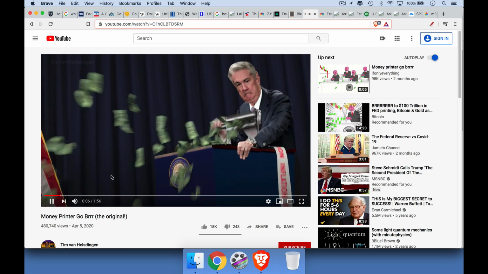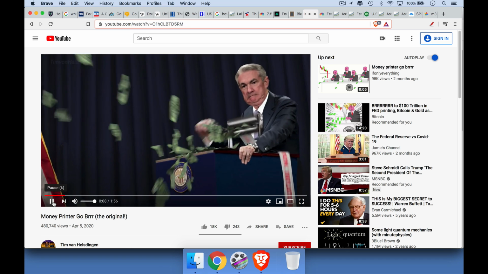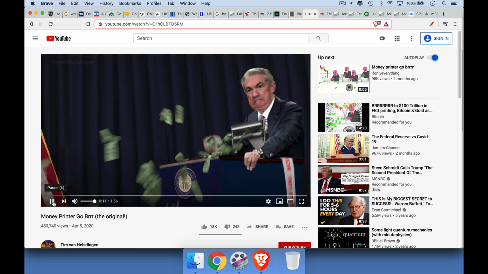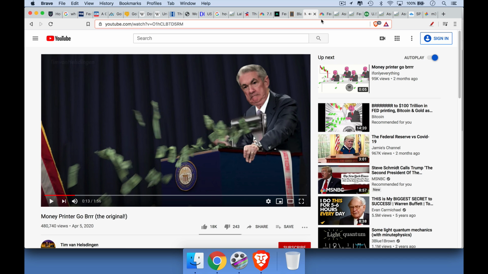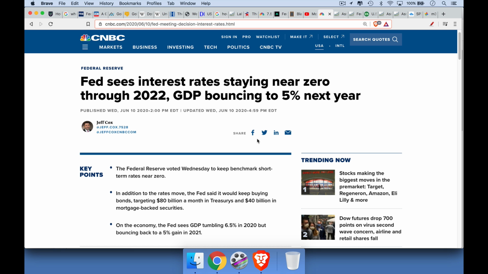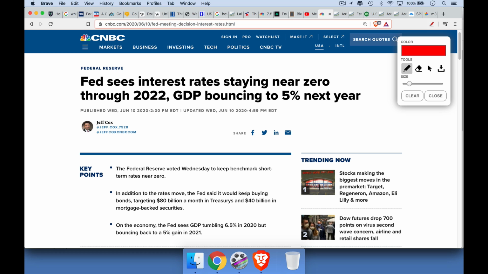They print new money. This is Chairman Powell. Obviously, it's digital money, which they created with a keystroke. They don't actually have to print it. But then what they do is they buy assets with it. So yesterday, the Fed announced that it's going to keep buying bonds. And a lot of people don't realize that they're actually printing new dollars to do this. So if you have dollars in your pocket, it devalues them.